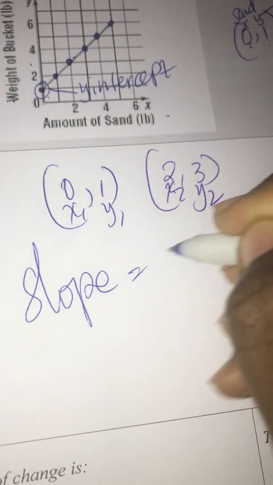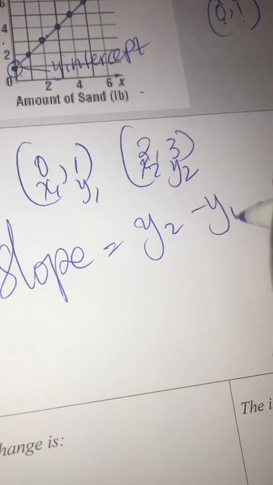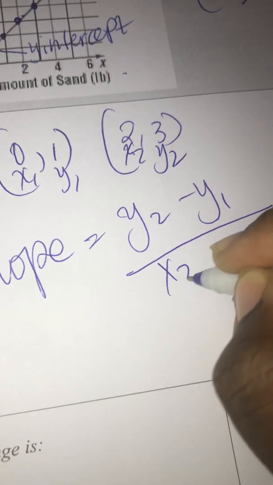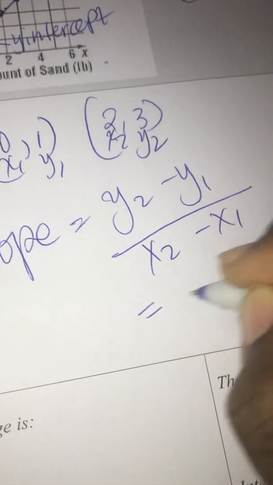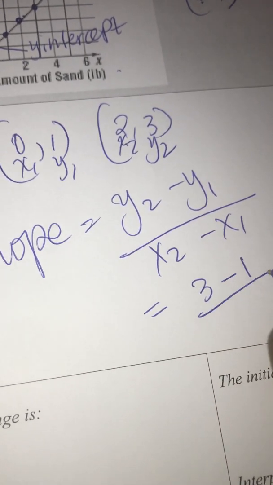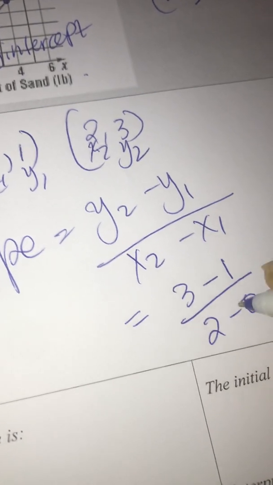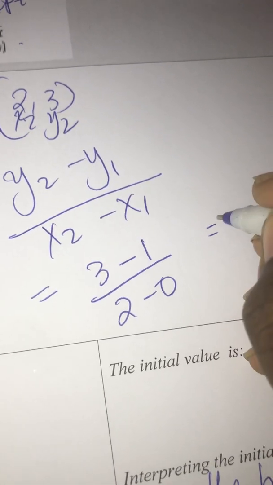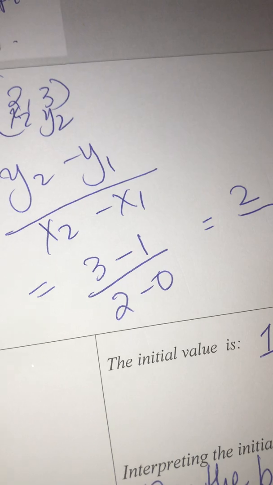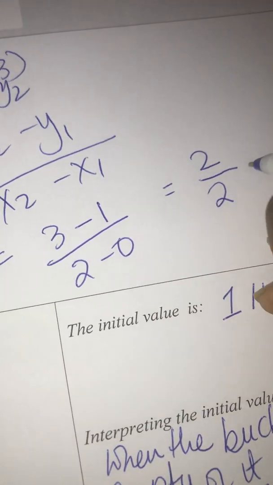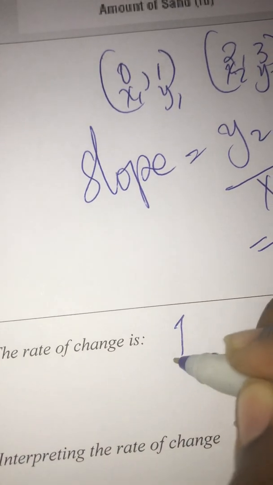Slope equals y2 minus y1 over x2 minus x1. 3 minus 1 over 2 minus 0. 3 minus 1 is 2. 2 minus 0 is 2. My slope is 1. So the rate of change is 1